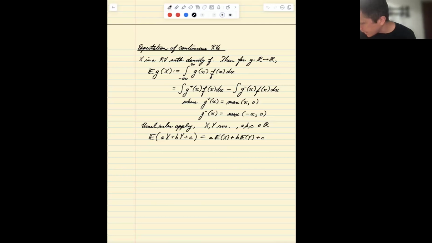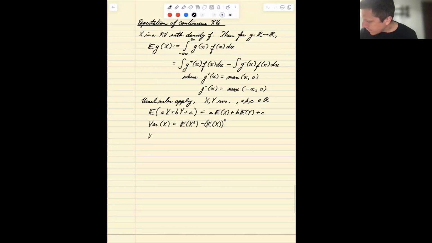The variance of X, no change there. We can calculate that as the expectation of X squared minus the expectation of X, quantity squared. Now the variance of aX plus bY plus c: the extra c does not affect the variance. And this comes out as,